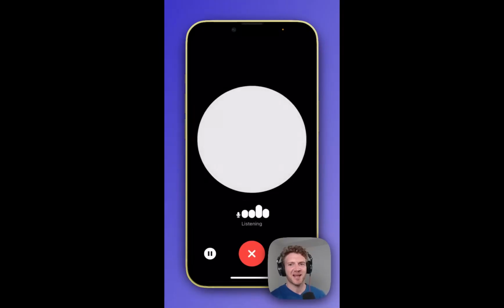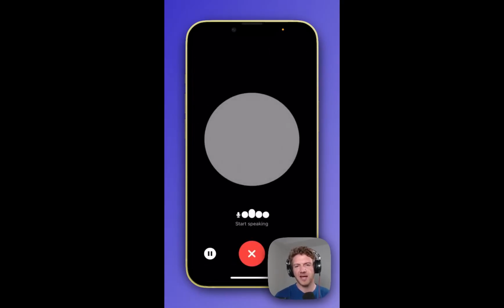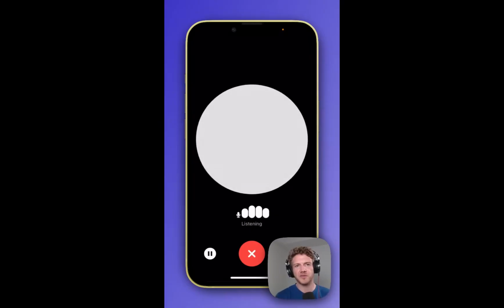Okay, so in this example, I'd continue to answer those questions. And really, I think that's a great use case. Practicing podcast interviews, maybe interviews for jobs, really any sort of presentation you have to give. I think this is a great use case. Now, another use case is probably language learning on the go. So let's try this. How do I say good morning in Spanish, and can you give me some tips for